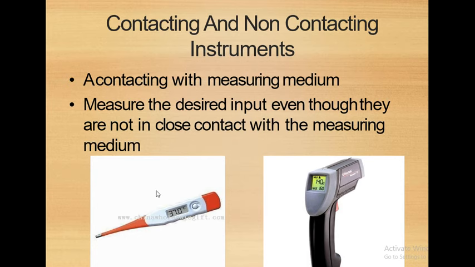But if you see, this is also a digital thermometer, and it is also measuring the temperature and showing it on a display. This is also measuring the temperature and showing it on a display. But what is the basic difference between this and this is that here you can measure the temperature of any quantity or any body or any object only if you touch this tip to that particular medium or the quantity to be measured, or the object to be measured. So this is the temperature sensor, which must come in contact with that object so that it can show you a temperature reading over here. Okay, but if you see this type of a temperature, I think you know about the internal use of this.